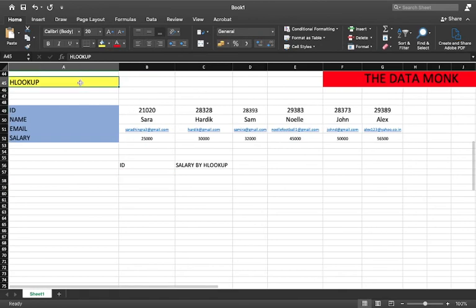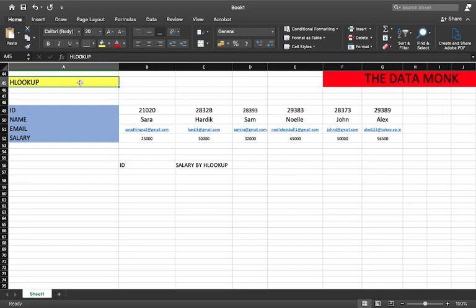So starting with the definition first, in simple terms, the HLOOKUP function in Excel stands for horizontal lookup. Here H stands for horizontal, and in this function we are searching for a certain value in a row.